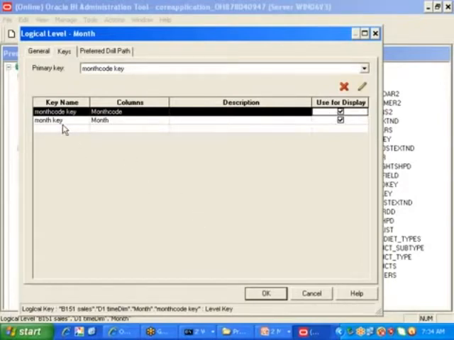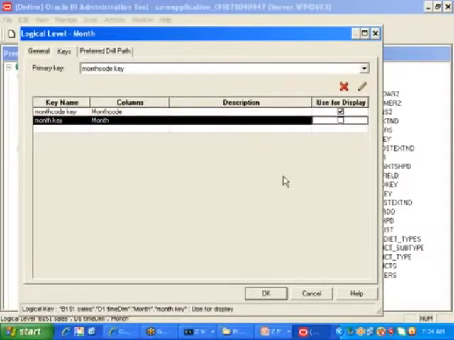Now what about this month then? It should not be a key column, right? It is not at all required, so I am disabling this also. The month column, I am using neither as key column nor as display column.